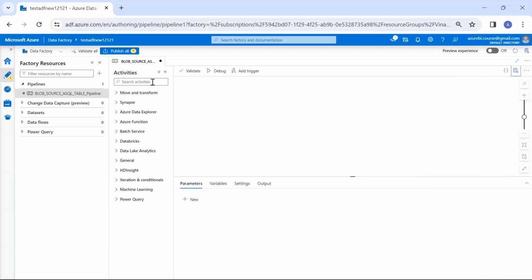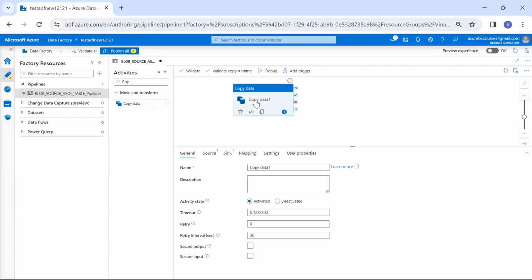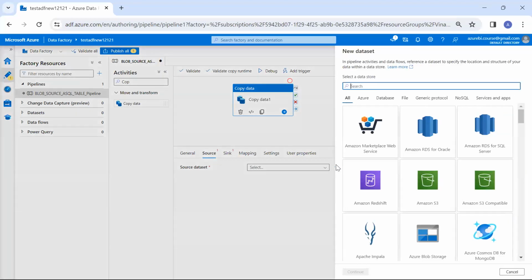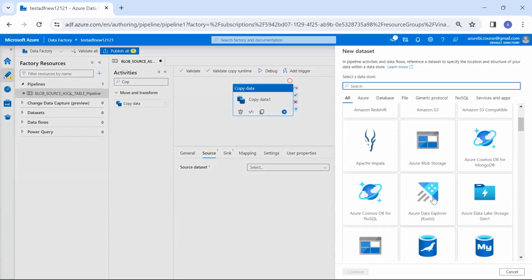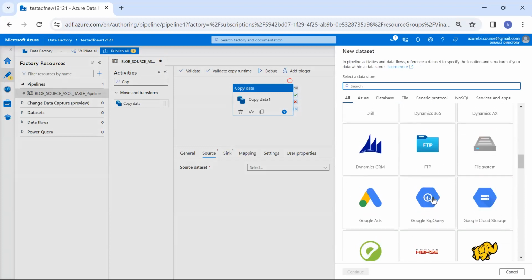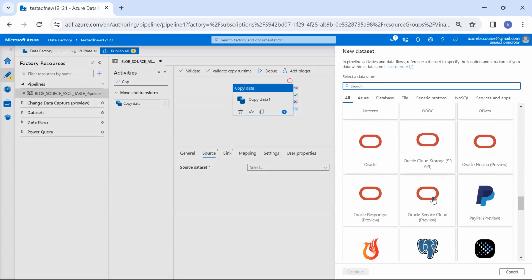Okay, pipeline name. What activity, what action you want to perform? Copy data. So yesterday somebody asked, what is the feature that we have in Data Factory compared to other ETL tools? So you can see when I go with the new connections, you can have this many sources. I bet you this many connections you won't find in any other ETL tools, neither in AWS, neither in SSIS, neither in Informatica,